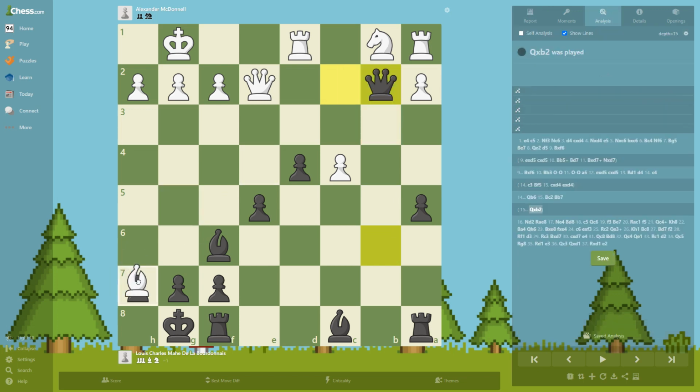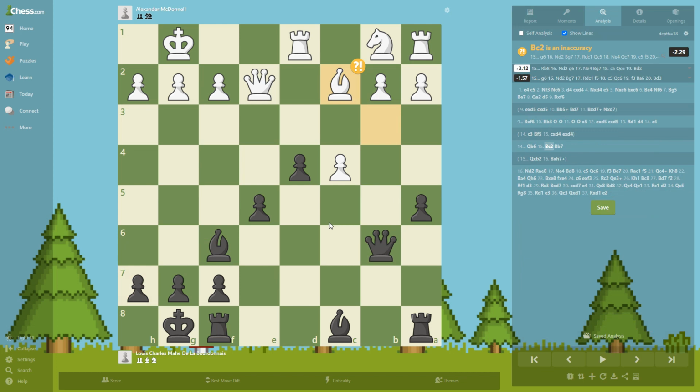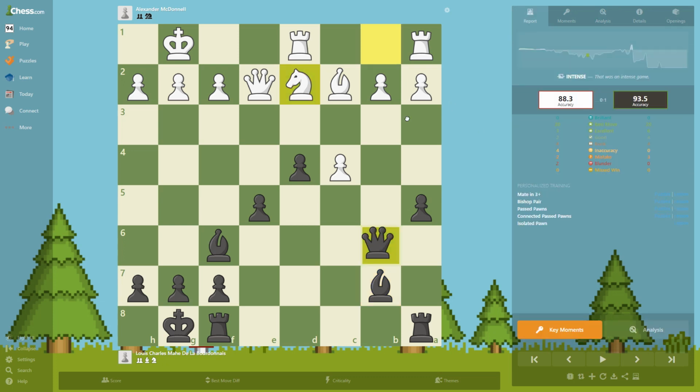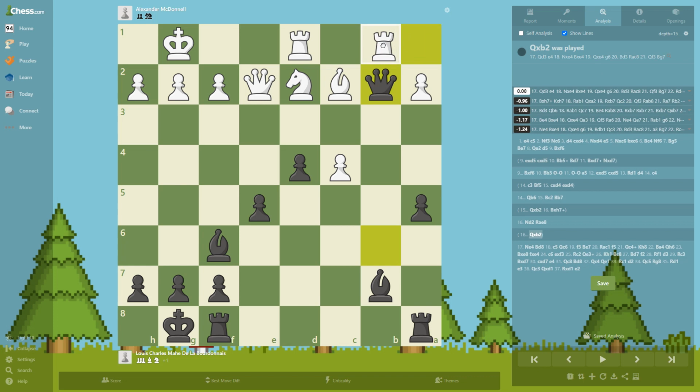Just to show for some of you who are maybe beginners watching this video. Okay, bishop b7, developing a bishop on a strong diagonal towards the king, attacking the king. Knight develops, and still we cannot take this because now, because of the other tactic, and that is